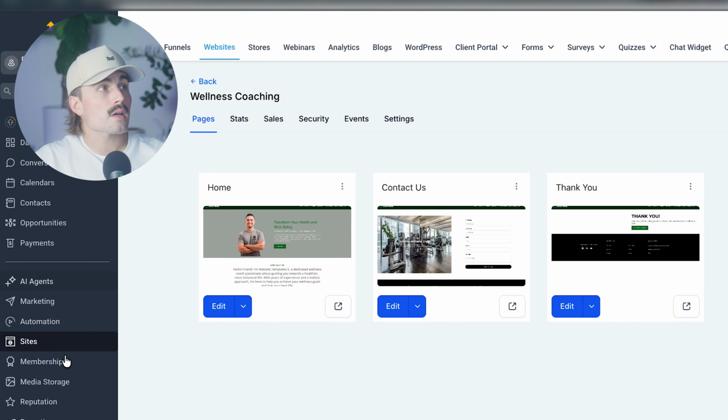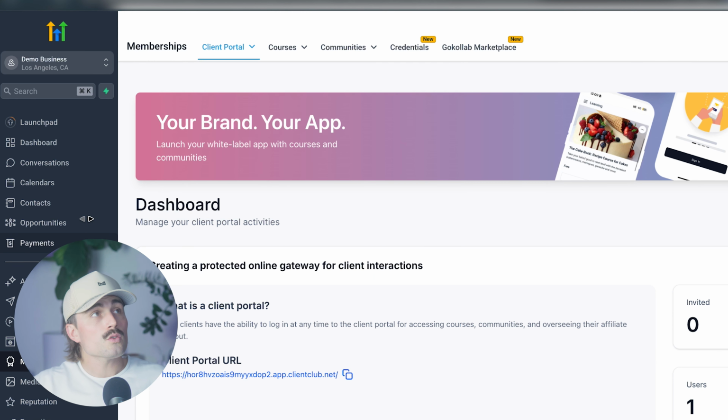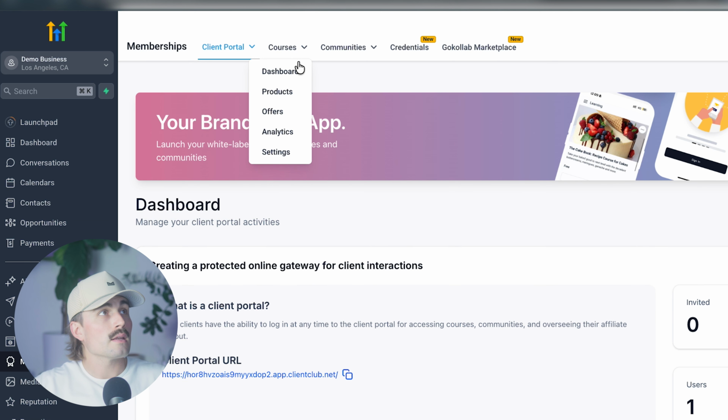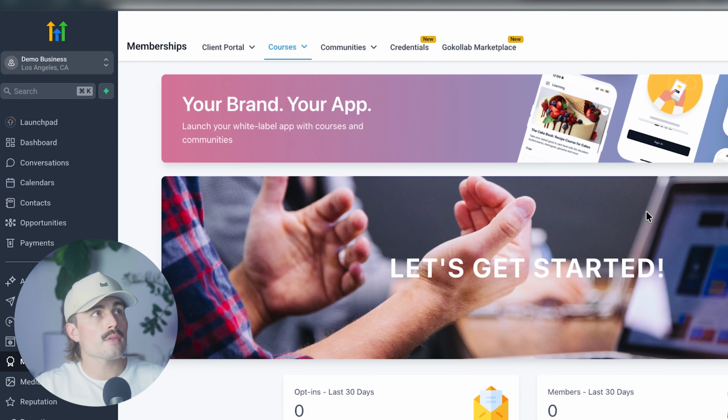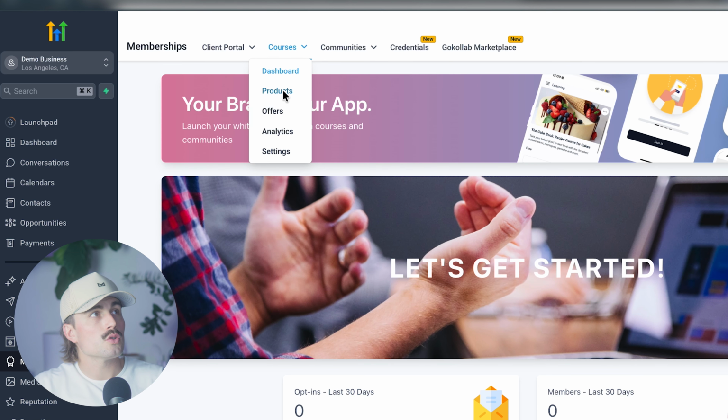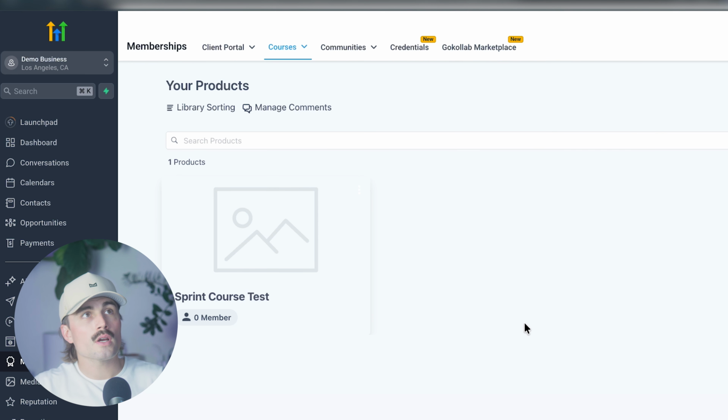So from here, we're gonna come down to memberships. This is where we can go ahead and add those courses. So up here under courses, you can select products, offers, analytics, settings, or dashboard. Let's just start with dashboard. Okay, and here we are in the membership dashboard. So if we come back to courses, we can come to products, and here we can go ahead and create